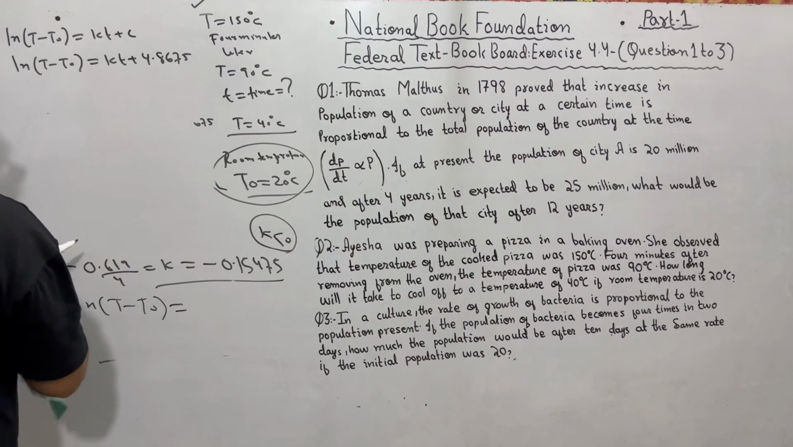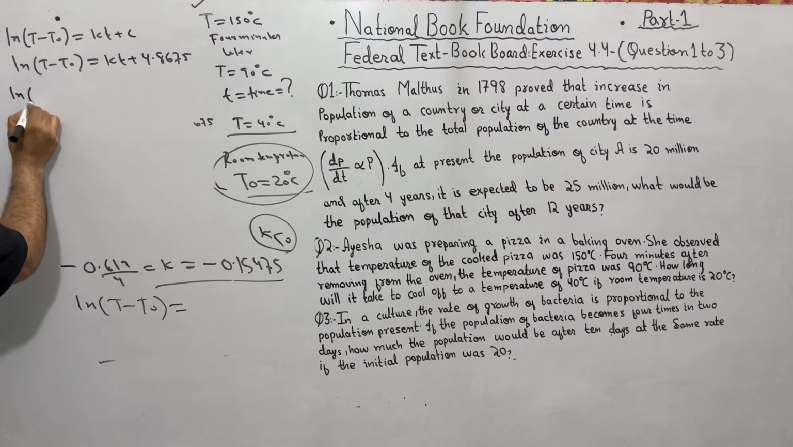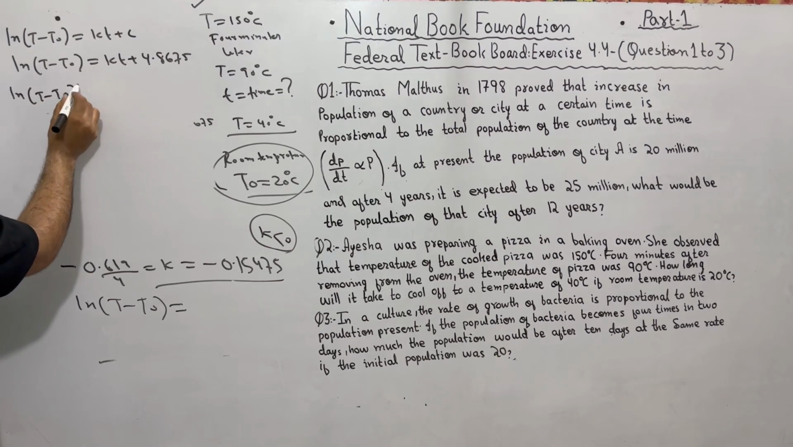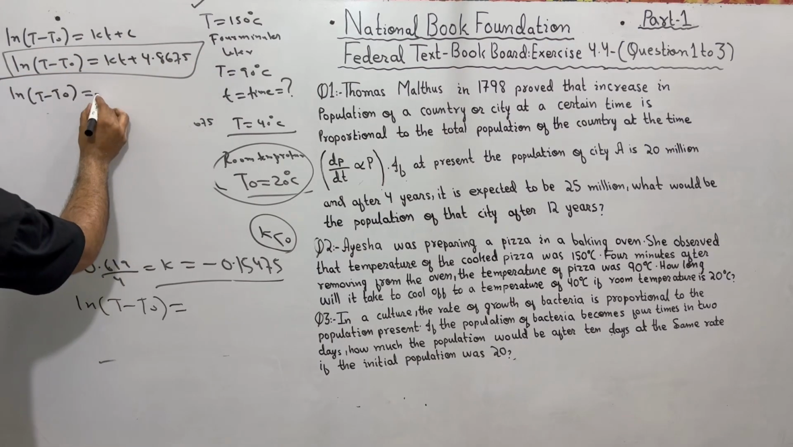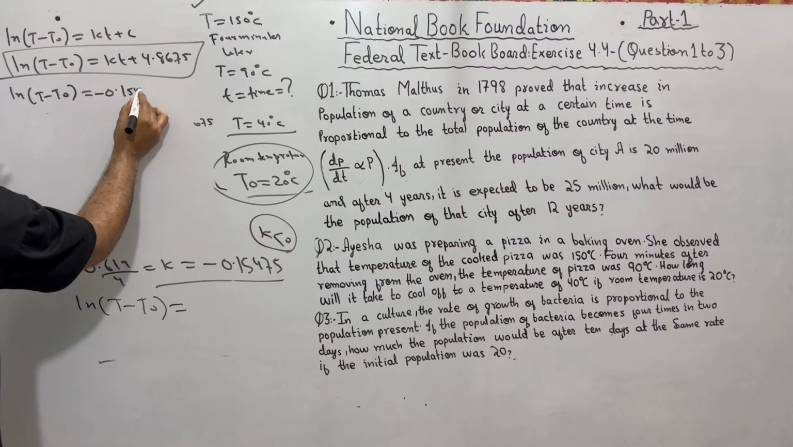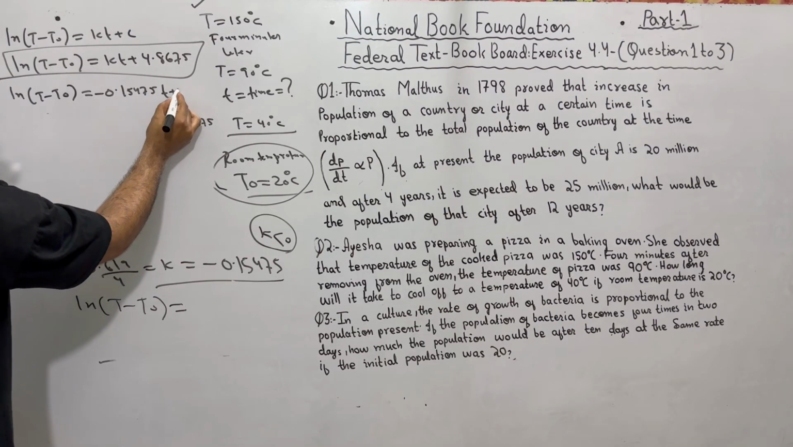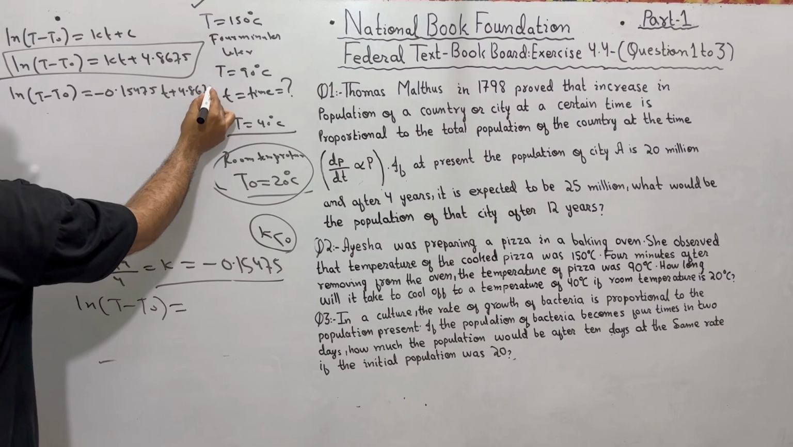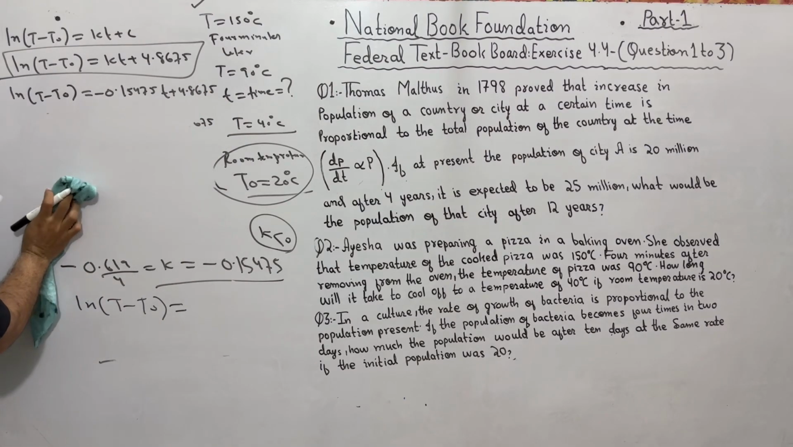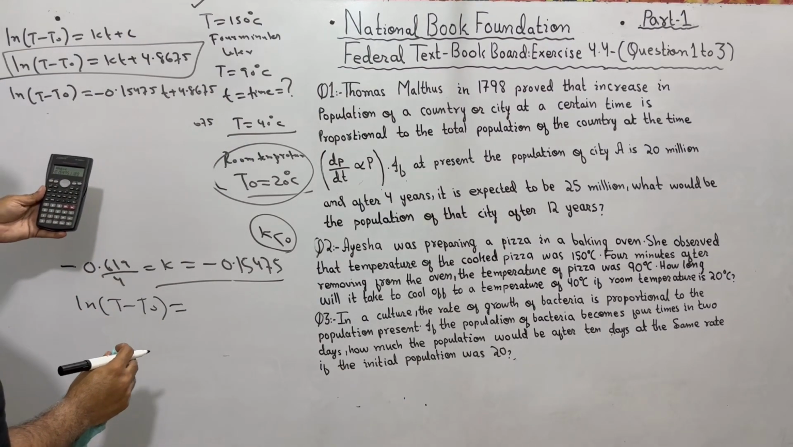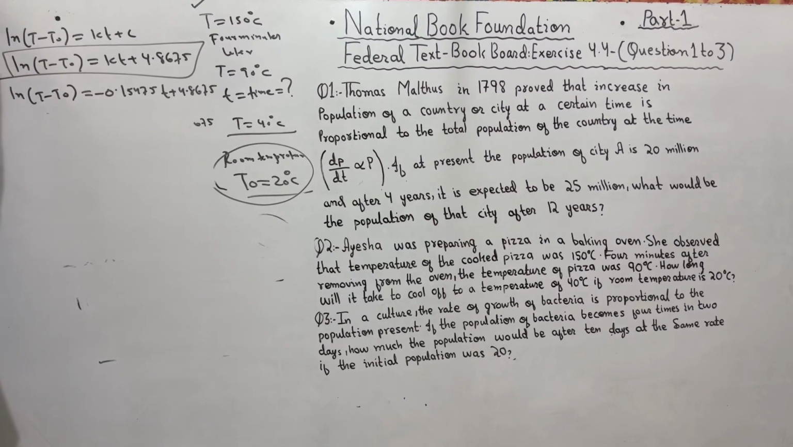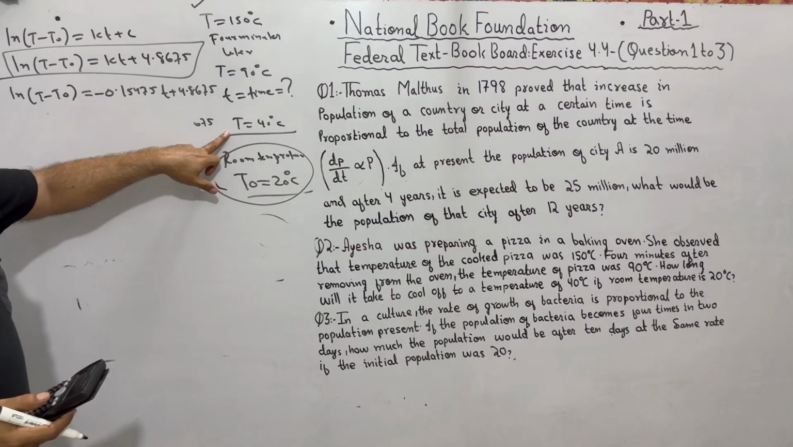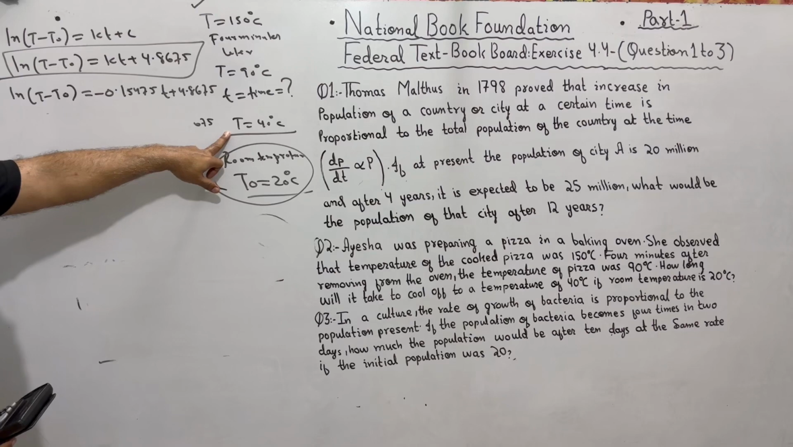What is the value of T? k ln(T minus T naught), I am putting here. k means negative 0.1475 times t plus 4.8675. Let me check again: negative 0.15475 t plus 4.8675. That's good. Now we are done. Now we are asked to find how long it would take for the temperature of the pizza